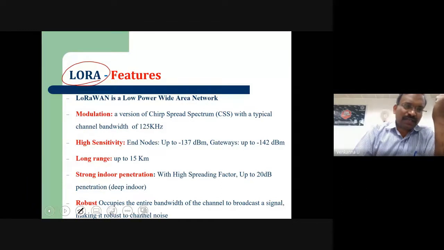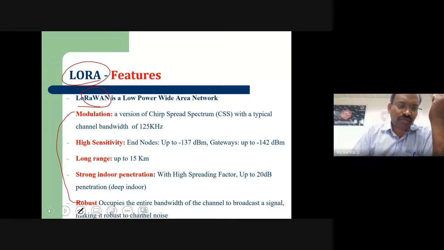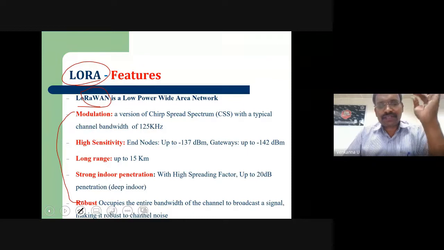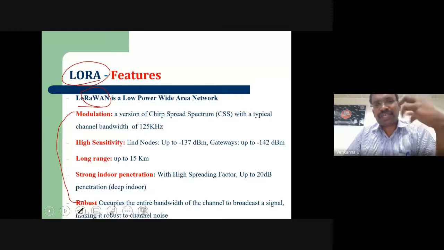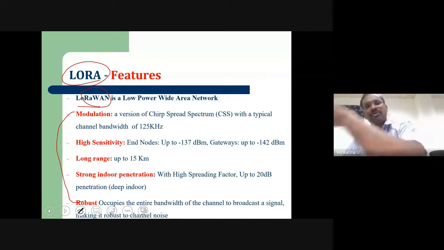With the help of the LoRa feature, they brought LoRaWAN, low power wide area networks. LoRa means long range, but long range with low power and wide area network. I'm not going into technical detail, I'm just summarizing this slide. To optimize the energy, they used a lot of techniques internally. First, to communicate over long range, they used a lot of communication aspects, with the help of which you are able to communicate.